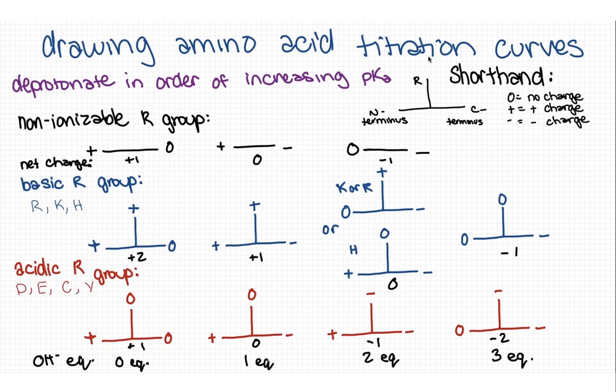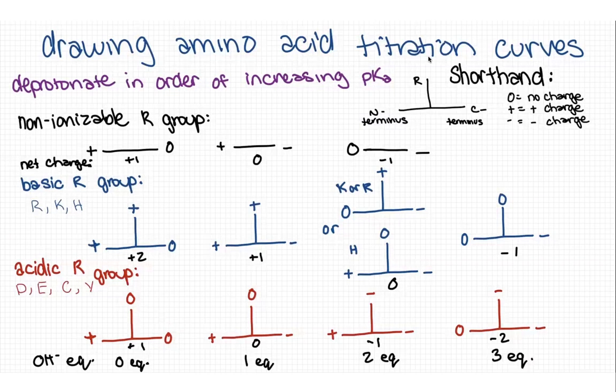Okay, so let's consider what we have in this case. What differentiates the acidic ones from the basic ones is that in the acidic ones, remember, acidic refers to it in its neutral form. So it's neutral when it's protonated, and it's going to be negatively charged when it's deprotonated. When we think about drawing a titration curve for something that's acidic, when it's fully protonated, remember, in a protonated state, the acidic groups are going to be neutral. And so our amino group is going to be positive, and both of our acidic groups are going to be neutral,